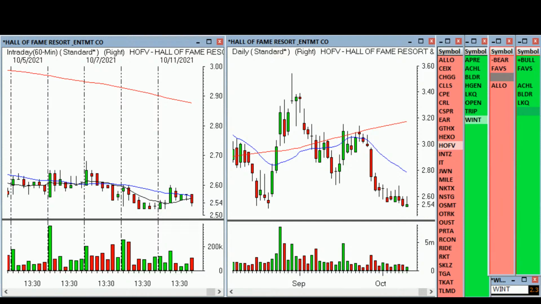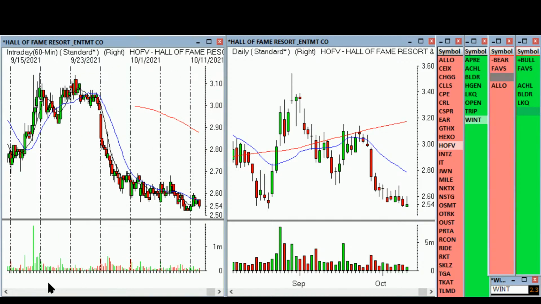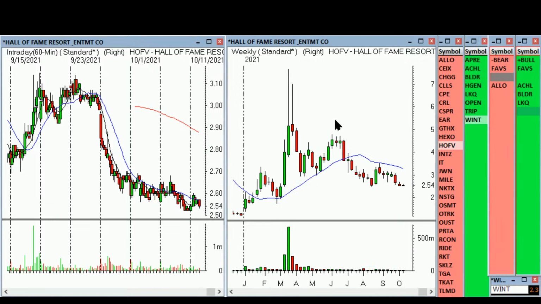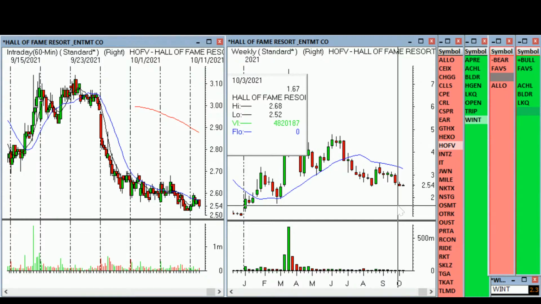HOFV is a base breakdown with a breakout failure right here. I don't have a good list. So far, the bearish list is not very good. I'd love for it to be good because I'm bearish on the market. Here's the weekly on this. Tell me this doesn't look lower. Look me in the eye and tell me this doesn't look lower. Of course it looks lower. But it is a little sloppy. So under 250,